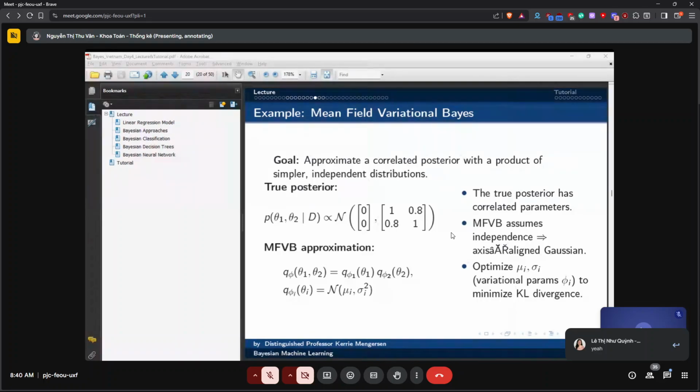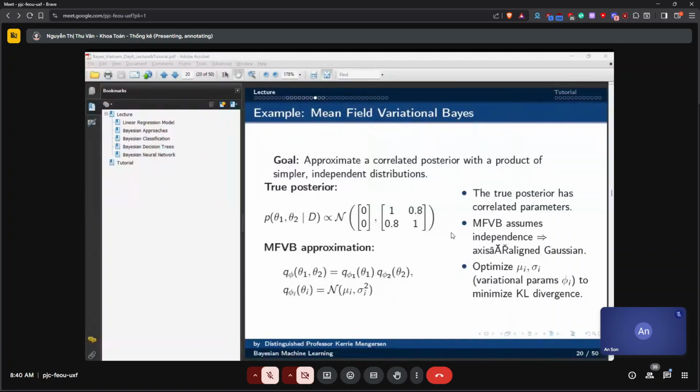So we have this correlation between the two variables. If we are using MCMC, then as we saw on days 1 and 2, we will simulate θ1 given θ2 and D, in this case the data, which is just a single normal distribution.